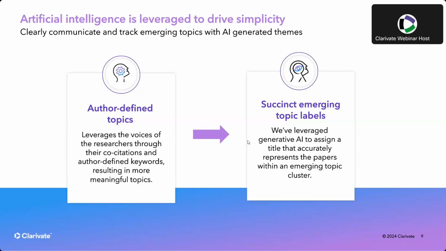Because we're grouping papers that are quite technical, and the authors use their own keywords and so on, that can be a bit more complex than what research managers or researchers can understand. We use generative AI to assign a label, a title, for each group of papers, which is each topic, right? So for example,